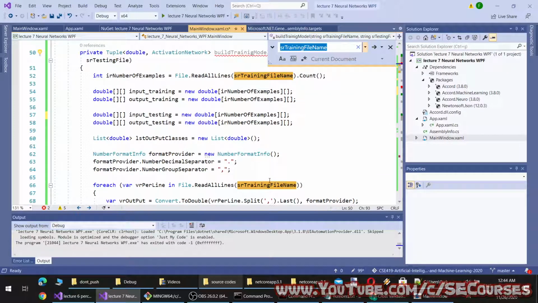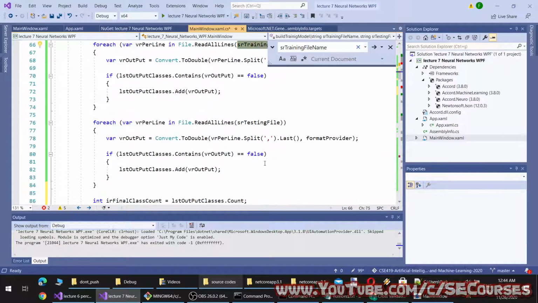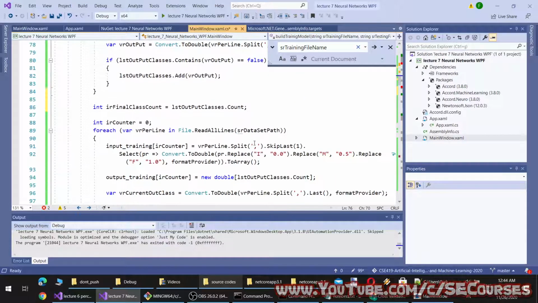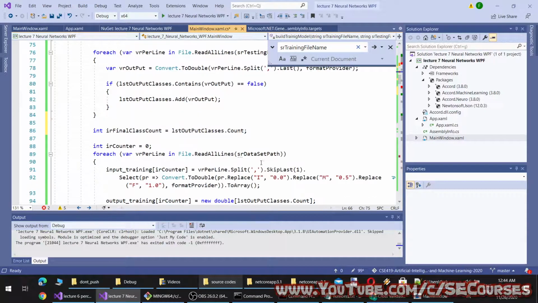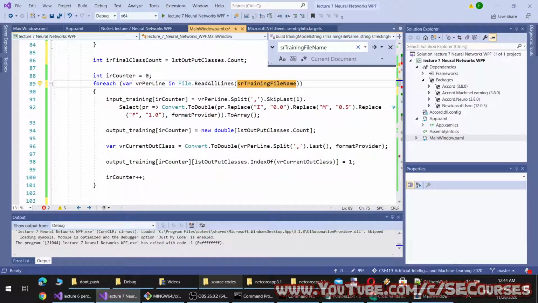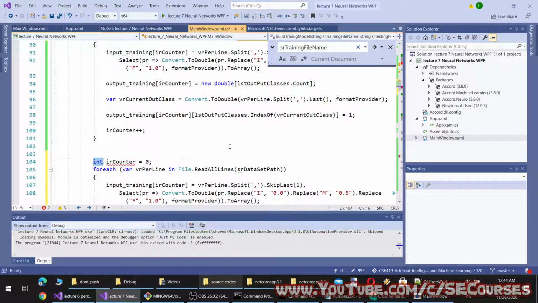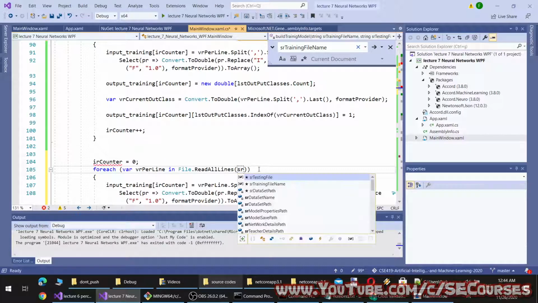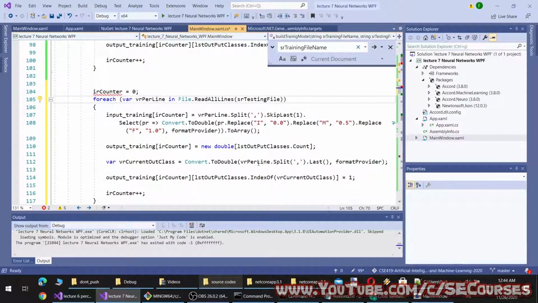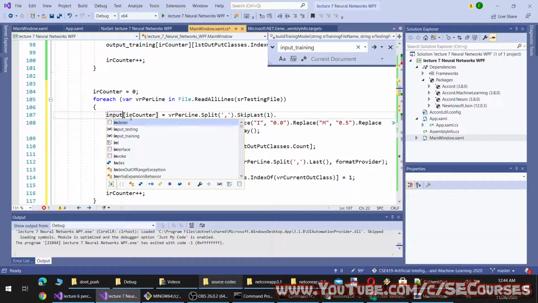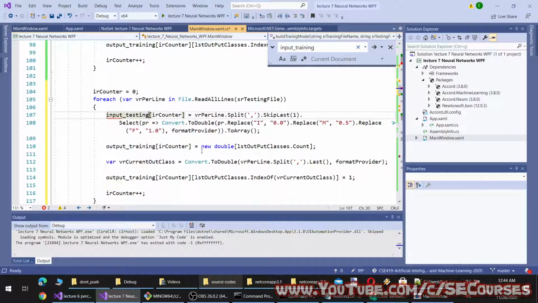So this is training file name, and this will generate training file, and this will generate testing file. Okay, this time we will replace this as input testing, and this will be output testing and output testing.